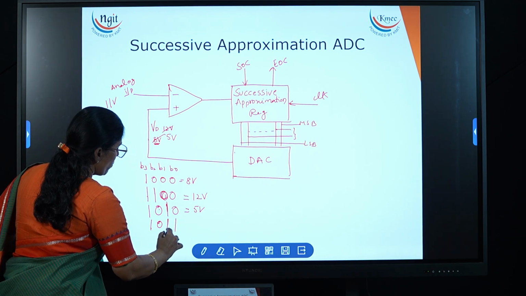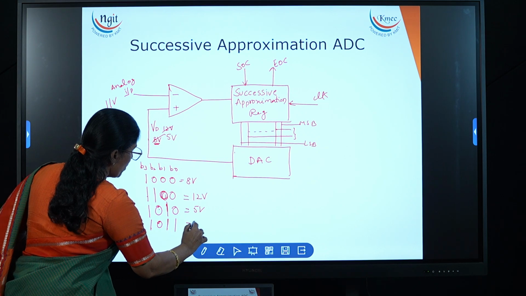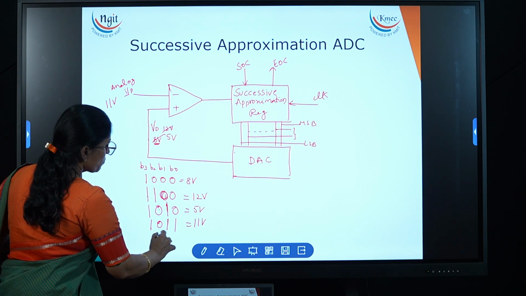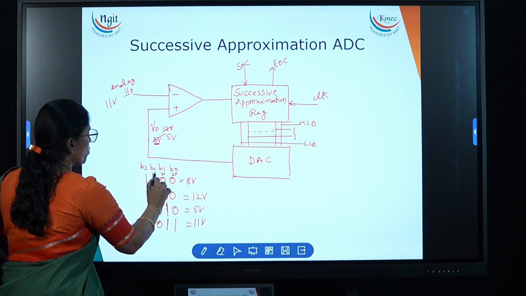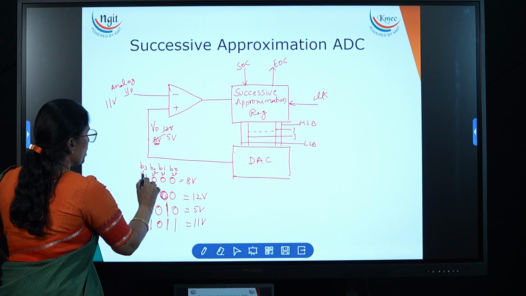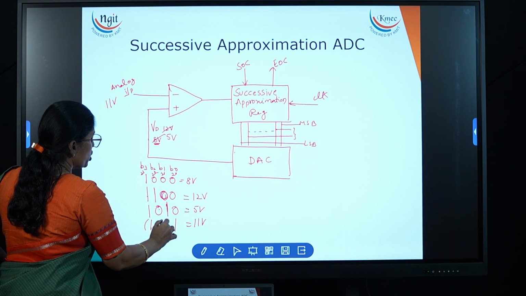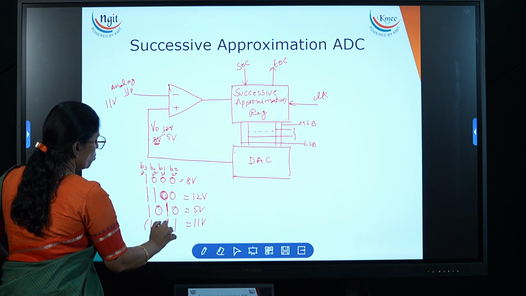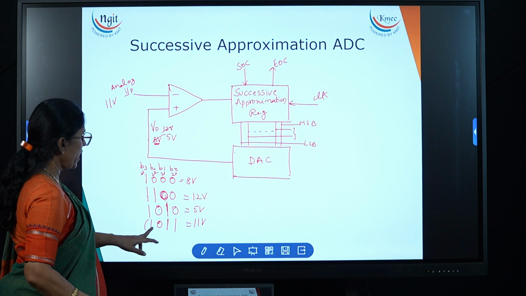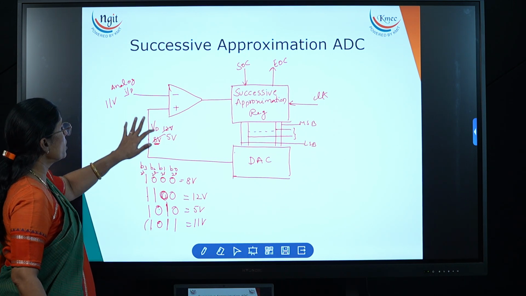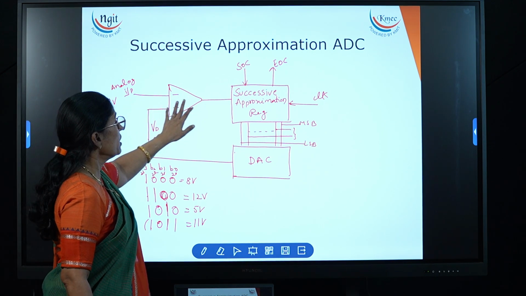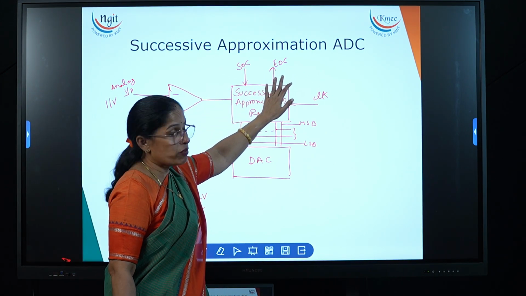Now what is the equivalent value? This is nothing but 11 volts, 8 plus 3. If these are 2 to the power of 0, 2 to the power of 1, 2 to the power of 2, 2 to the power of 3, then this magnitude is 8, this magnitude is 2, and this magnitude is 1. So 8 plus 2 plus 1 is nothing but 11 volts. When both the voltages are equal,